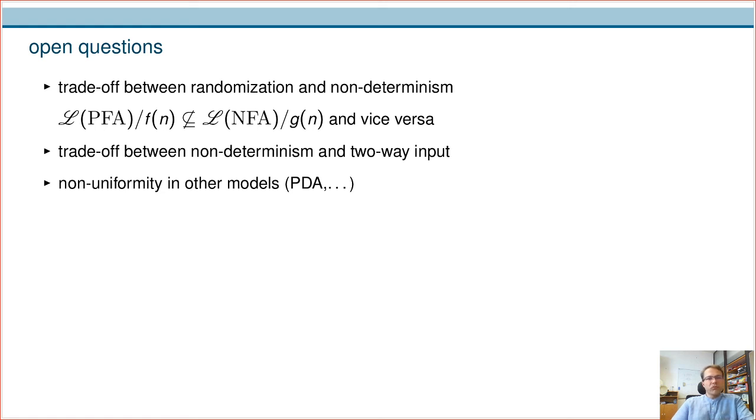So the trade-off between determinism, non-determinism and randomization for two-way automata would be in my opinion very interesting to have. And also one can consider non-uniform versions of other models like push-down automata and